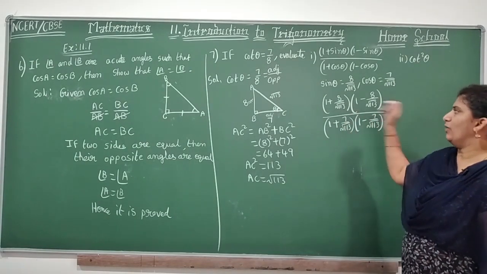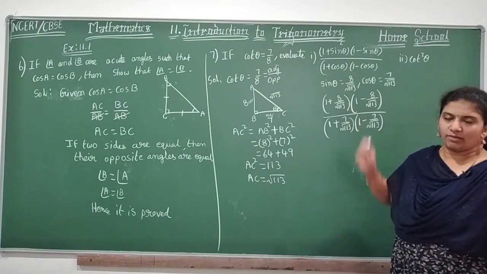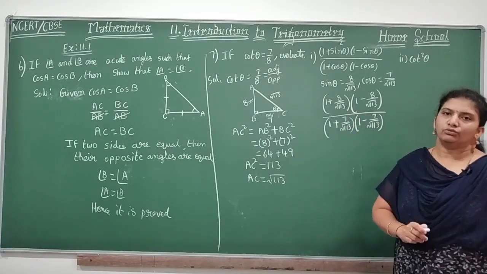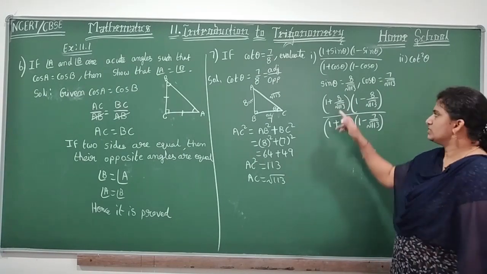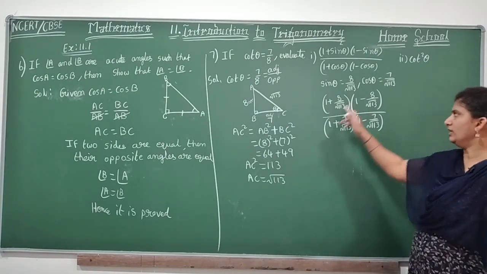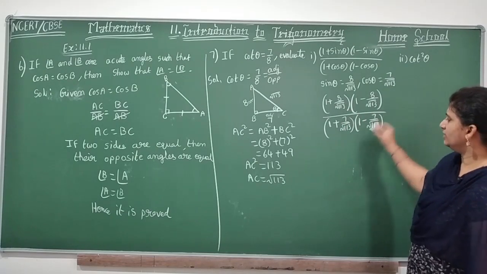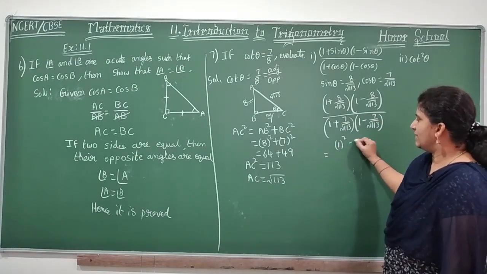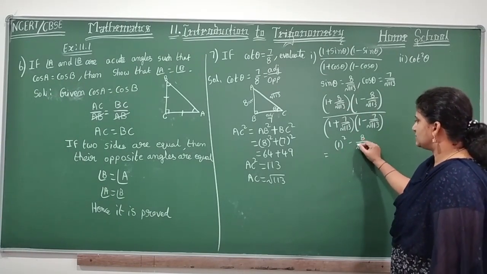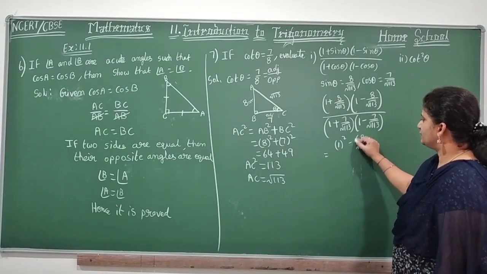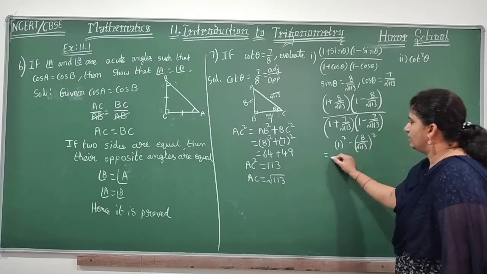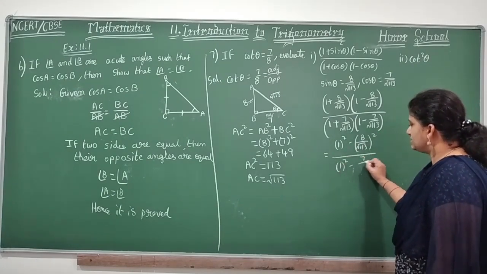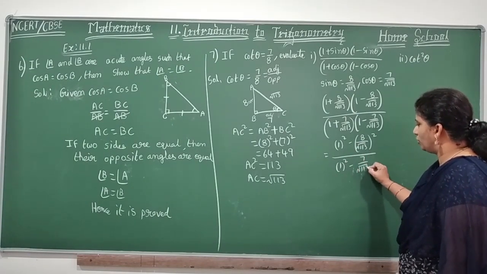Now you can apply A plus B into A minus B, or you can do the LCM also. I'll apply the formula here. What is the formula here, children? It will be A square minus B square: 1 square minus